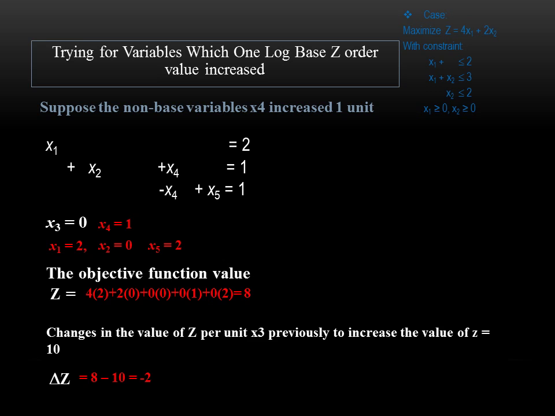Yeah, this is when we do it again for the variable x4 increasing by 1, and after calculation we know that the z value becomes 8, and we take the current value minus the previous z value. So 8 minus 10 is